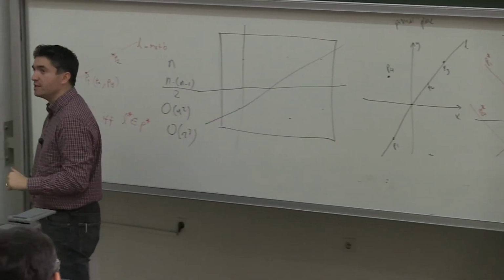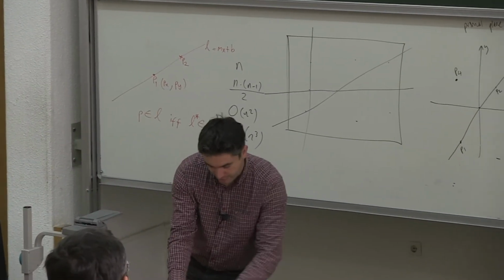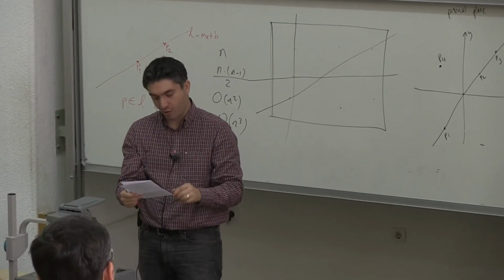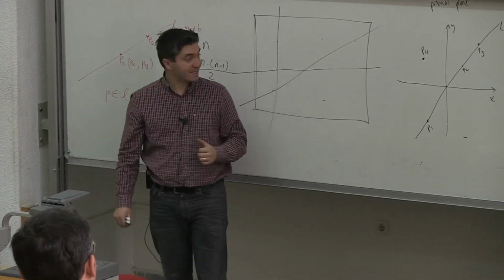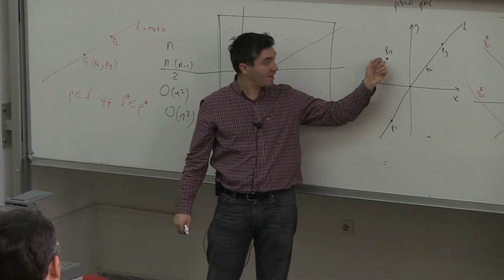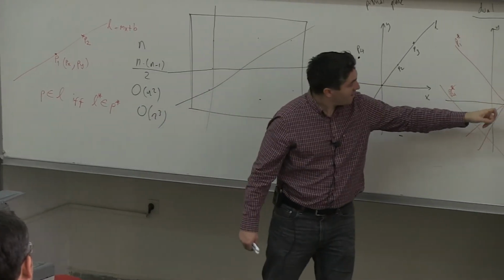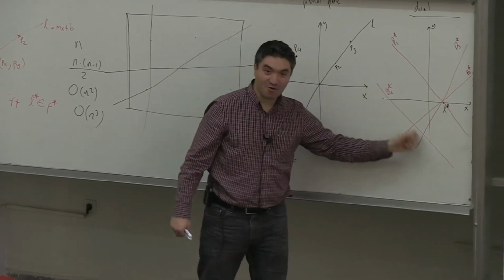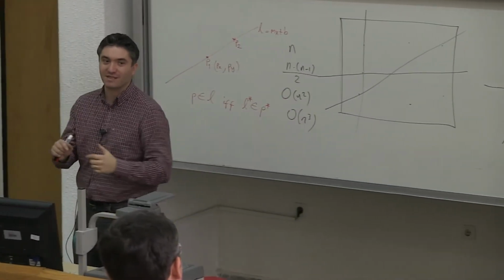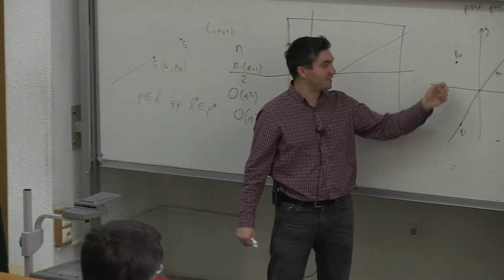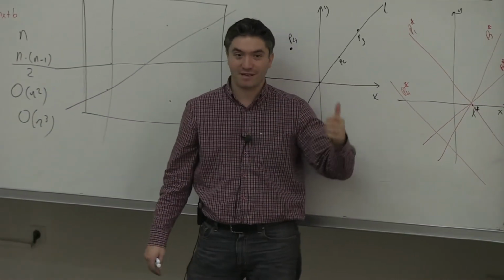So there's also another important property, the order preserving property of the duality transform: if P4 is above L in the primal plane, the point L star is above P4 star in the dual. So it's like the reverse actually. It's like we say order preserving, but it's like the reverse of what happens here. P4 is above L here. Here the point L star, so it's order preserving because here